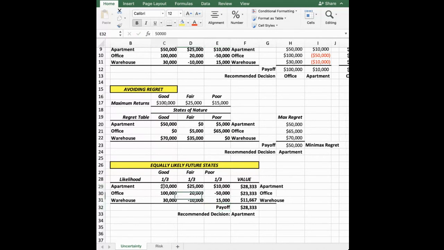And again, we've just copied down the respective returns for each one of our combinations of economy and decision. And in this cell, we're going to introduce a new formula. And this formula is called the sum product formula. And so in this cell, we're going to calculate equals